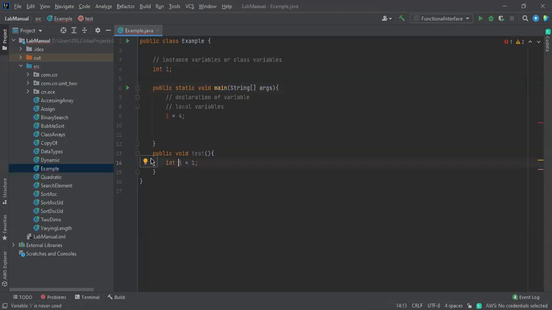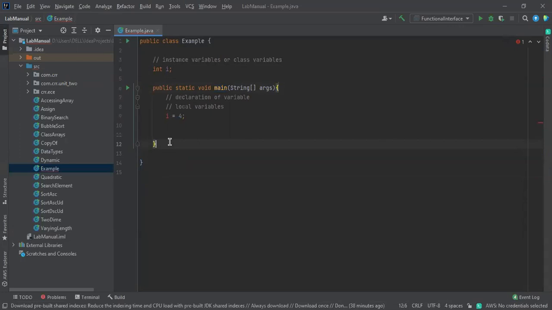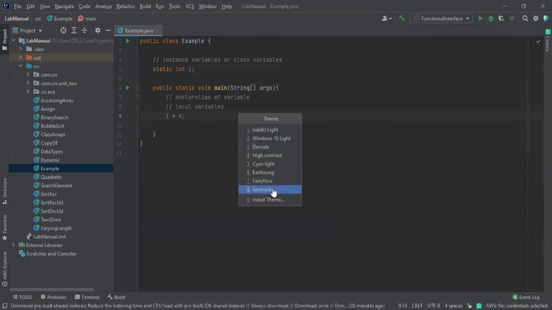Let me change this. If it throws an error, remove this one. There is no need for this. Just for the differentiation, I said it like that. This is a static method. If you want to access anything outside, it should be static only. It should be static, or else it throws an error. It should be static. Let me change the font size. Sorry.